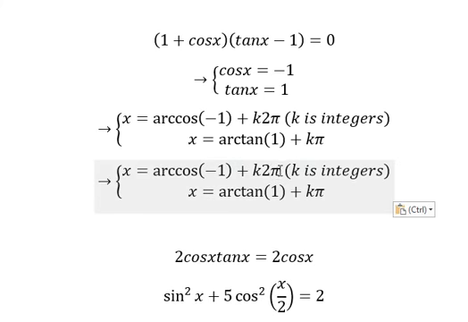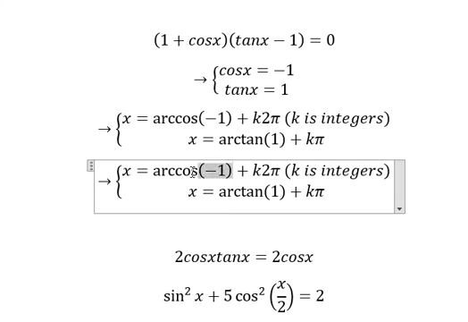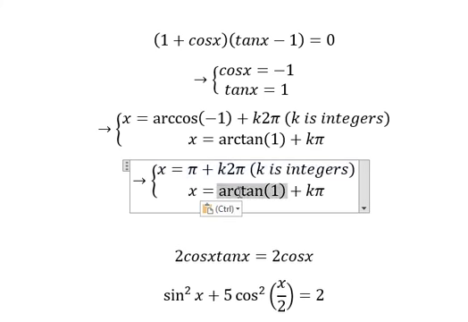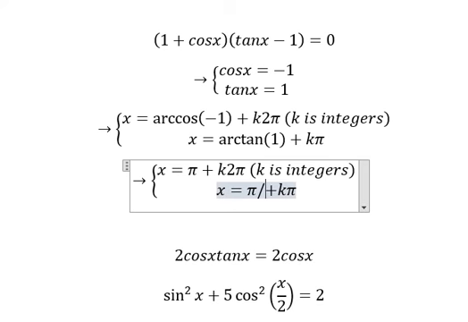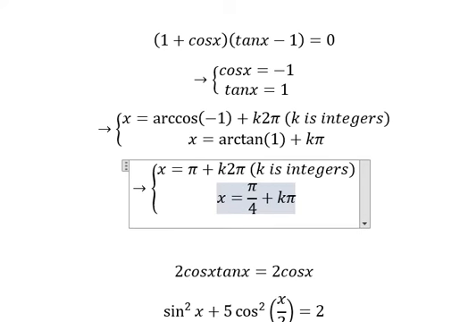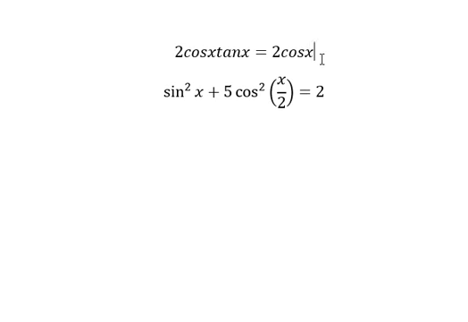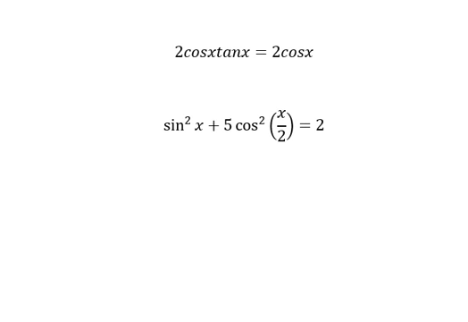Arccosine of negative 1, you get π. This one is π over 4. And that's it, the answer for the questions in here. Now let's go to the next one. We have number 2, we simplify, and we get cosine x tan x